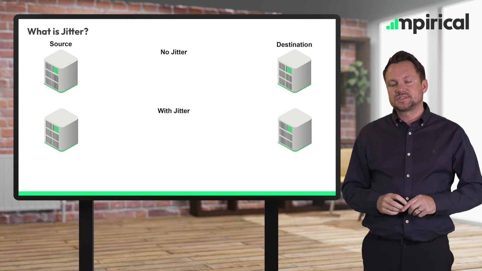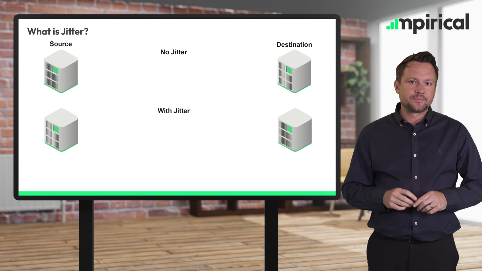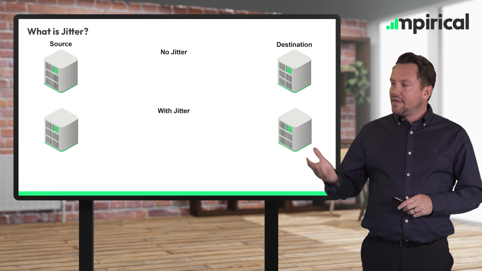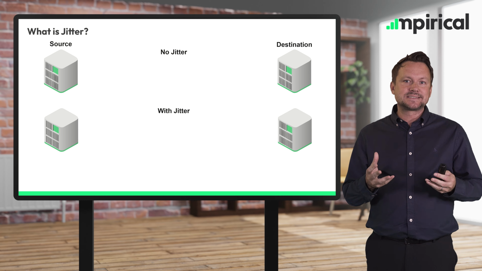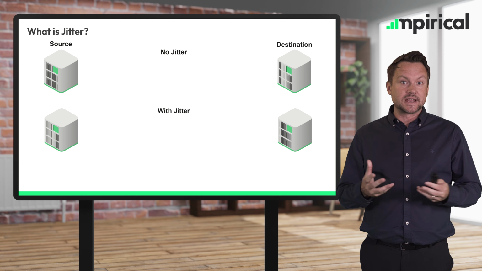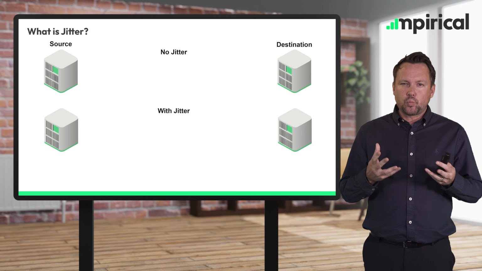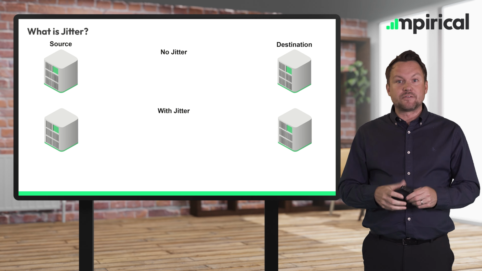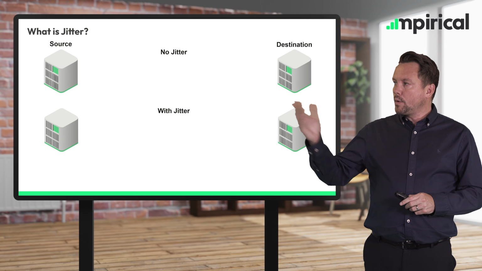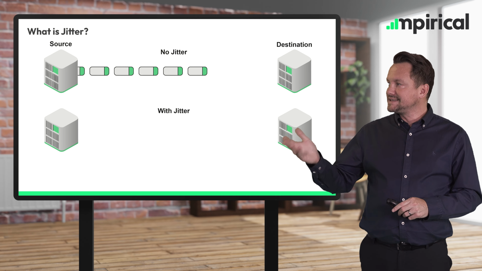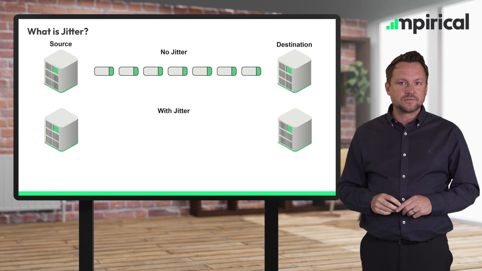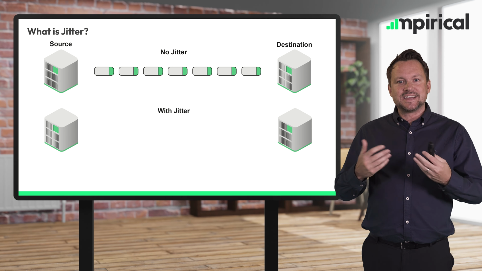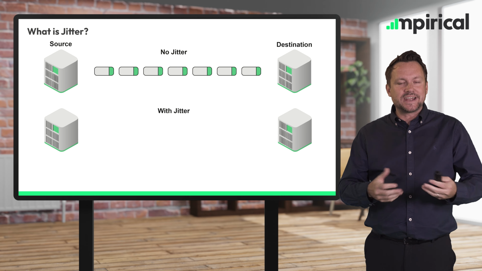Now, the next concept that we'll consider is jitter. Even in situations where latency is fairly low, the amount of jitter can have a negative influence on the delivery of delay critical packets. So what do we actually mean by jitter? If we consider a scenario where there is no jitter at all, what we would see is packets are sent at uniform time intervals. And this is great for real-time communication, since the data is arriving in a predictable way.